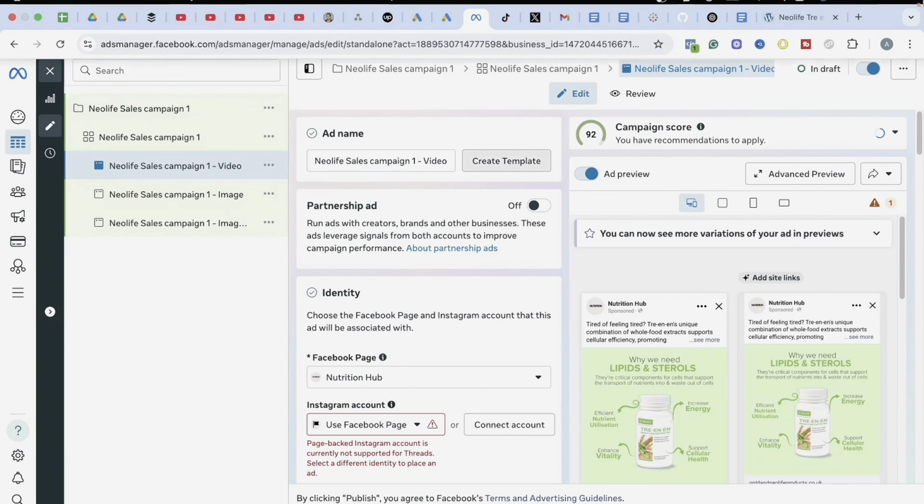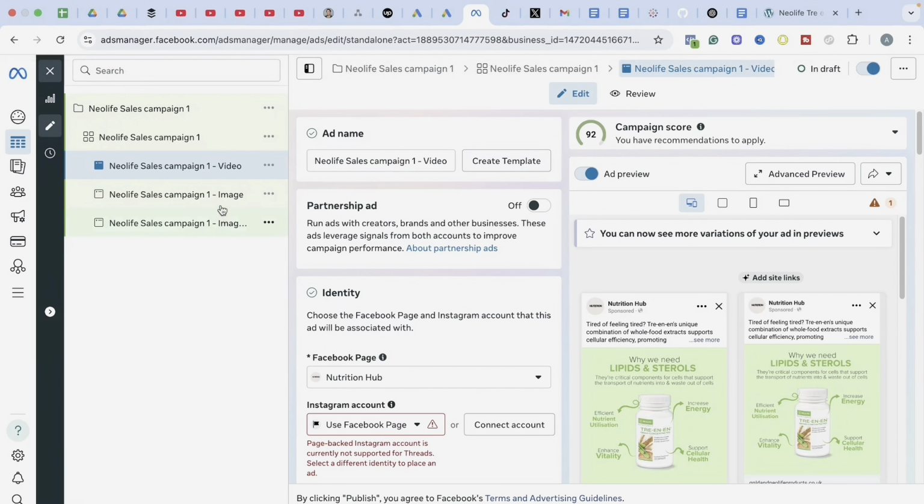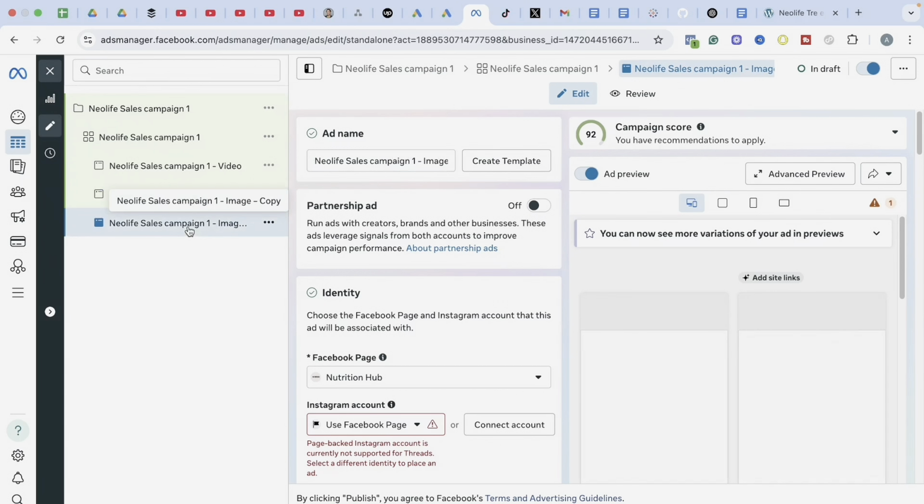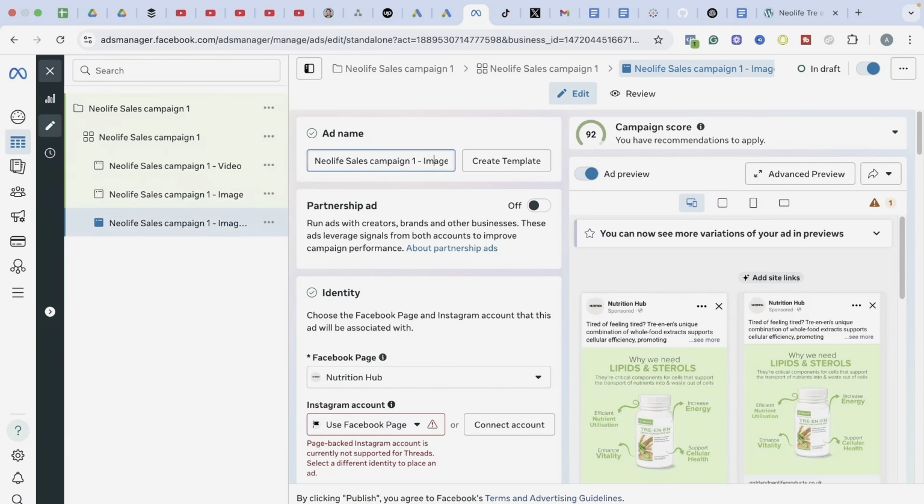Once I give this video, I'll come to this, the original, right? This is the original campaign. If you go to this place now, you will see it doesn't have copy. Anywhere you see copy, that is the duplicated ad. So I'll come to this place now and change this to carousel.